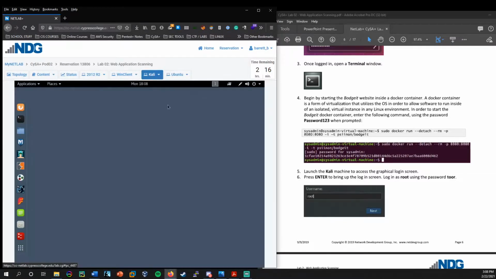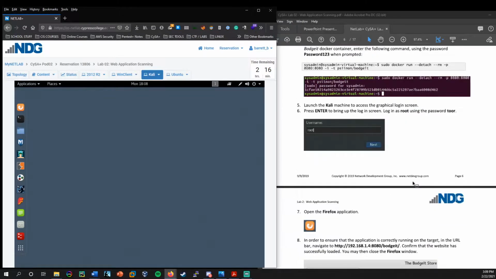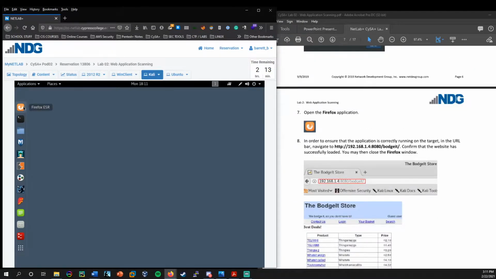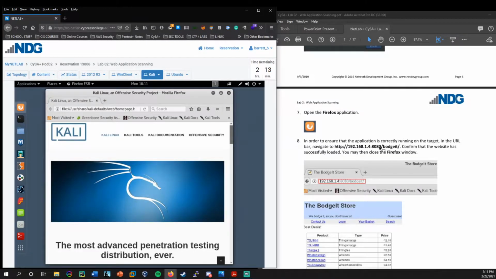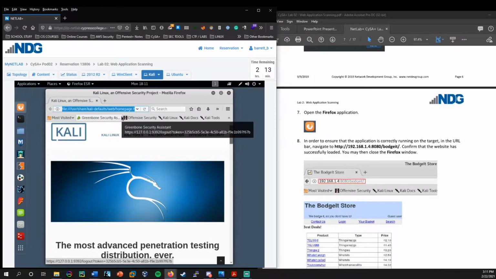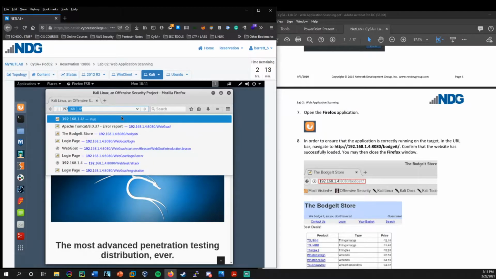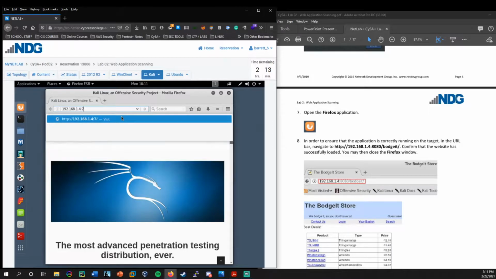Now we come to our Kali machine. Remember the login and password for this is the same. Login is root, password is toor, or root backwards. And so now we'll want to open up Firefox, and we're just going to visit the URL that is the Ubuntu IP address at port 8080 and then /budget, which is basically the location of that Docker container web app that we just launched. So let's go ahead and type that in, port 8080